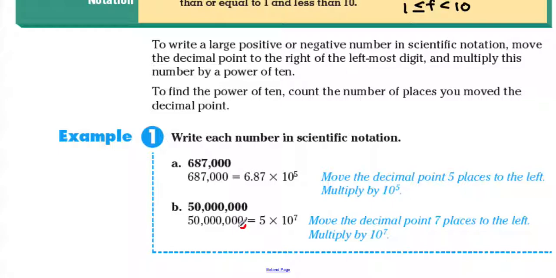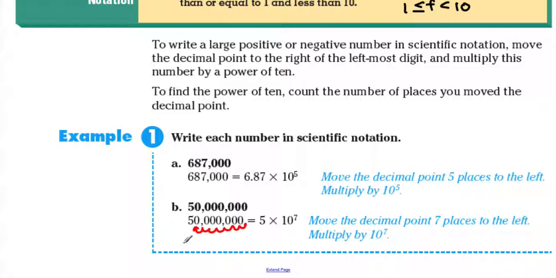So 1, 2, 3, 4, 5, 6, 7. Since we move the decimal point 7 spaces to the left, from the right, this is 5 times 10 to the 7th power. Okay, now we cannot